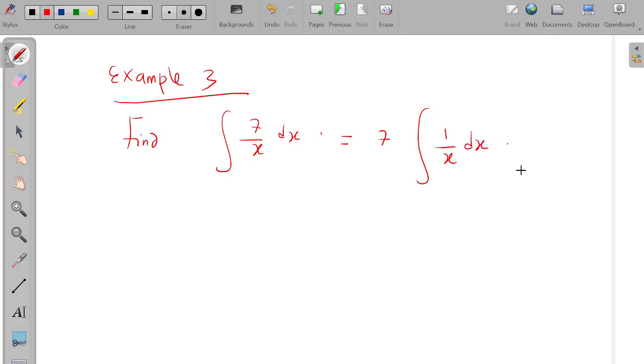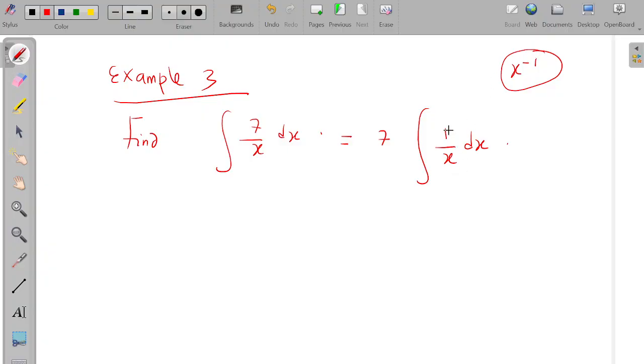And one of the rules we stated before, the exception we have for integration using the power rule, is when the power is negative 1. When the power is any other value, negative 2, negative 4, negative half, we use the power rule for integration. But when it is negative 1,